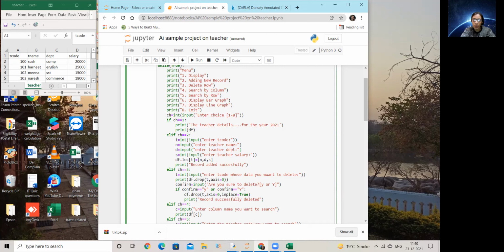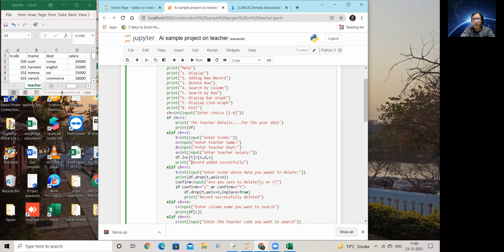Now these data are in the format of the concerned thing: T is a number and S is a number, and N and D are strings, because T has been taken with input and then converted to int. You can make it float also depending upon how your data is. Salary I have also taken as int only. You can take float also, no problem. You can take eval also, no issues. Now what have I done?